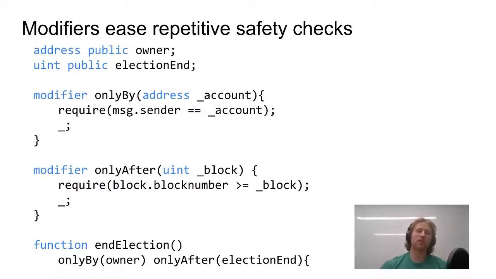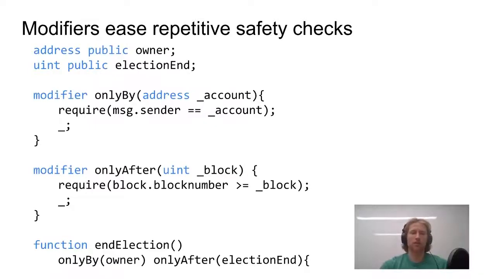So the syntax there is you have requirements, the underscore semicolon says actually run the function body here. If you want, you can have post-condition checks too, although in my experience those aren't quite as common. You can actually combine multiple of these. So I defined a second modifier here, only after, which says this function should only be executed after a specific block number or greater. And note in this example here, you can combine them. So you have a function that, say, is supposed to end an election. You want to say it's only called by the owner of the election, and it can only be called after